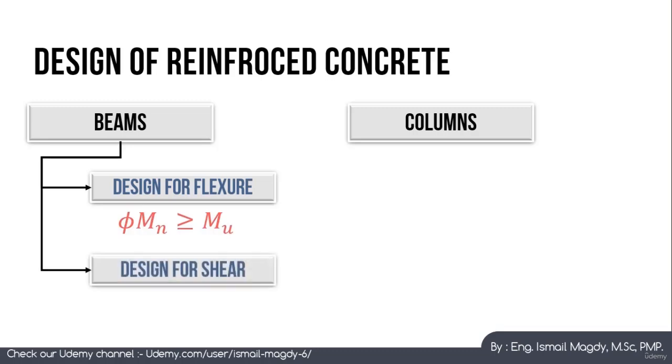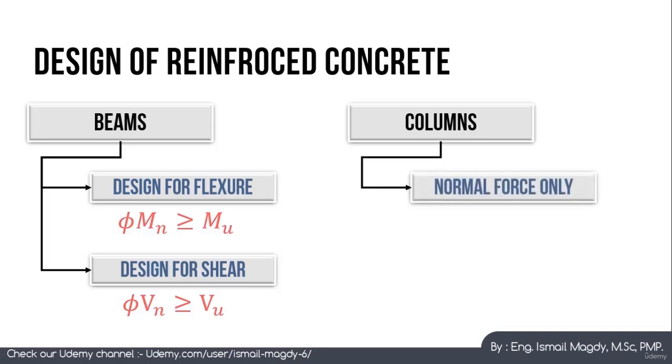After that, we will learn how to design beams against shear forces, where the governing equation is going to be phi Vn has to be bigger than or equal to V ultimate, where Vn is the nominal capacity of the section against shear, and also phi is the safety factor in case of shear, and V ultimate is the factored shear force. While regarding columns, we are going to learn first how to design columns against normal forces only, where